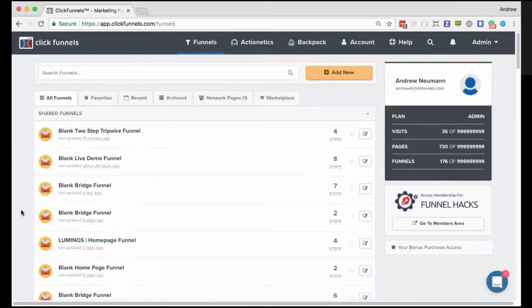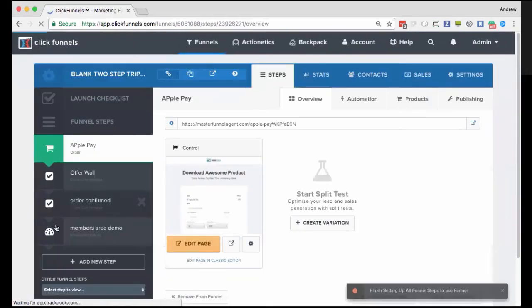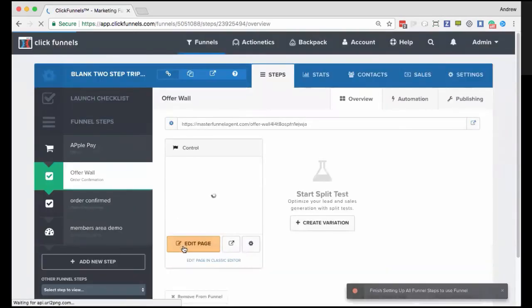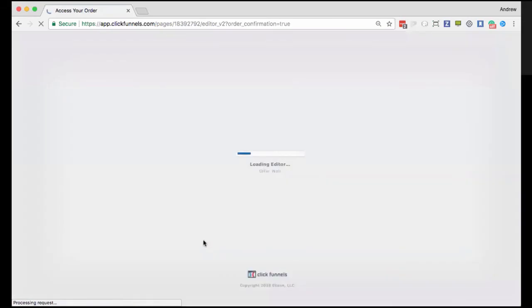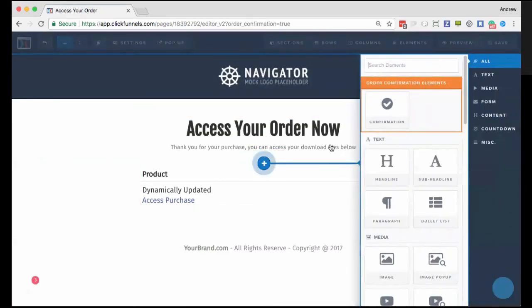Now, I don't have any videos here in this particular account that are Amazon S3, but I do have some in other accounts that are doing it. And the only thing that you have to do is just simply add in your video player. It's the HTML5 video player. So go here to the offer wall. We'll just add it on this page for demonstration purposes. And then you place your link inside of the editor there.